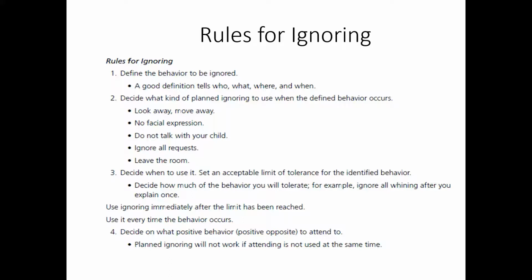You also want to decide when to use it. So set an acceptable limit of tolerance for the identified behavior. Decide how much of the behavior you'll tolerate. For example, ignore all whining after you explain once, right? So we can prompt the child with the positive opposite, like "use your words, please." And then if they continue to whine, we can start using our ignoring strategy. Then use ignoring immediately after the limit has been reached, and be consistent, using it every time